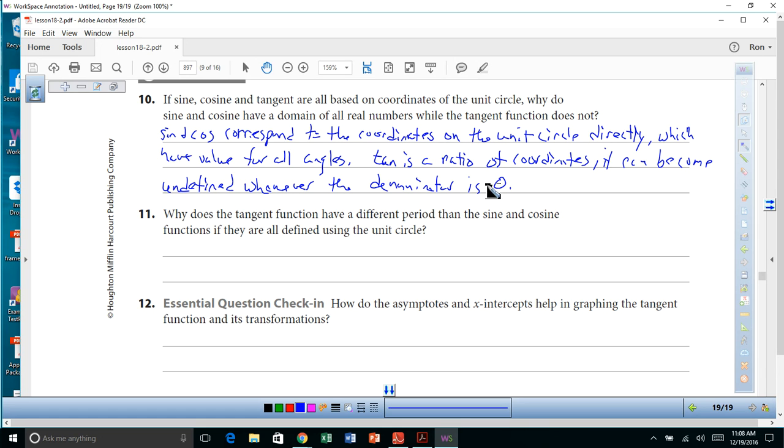All right. Why does the tangent function have a different period than sine and cosine functions if they are all defined using the unit circle? The tangent function repeats itself as the angle moves through the entire unit circle. So it has 2 periods for every 1 period of the sine and cosine function. Let's see here. The tangent function